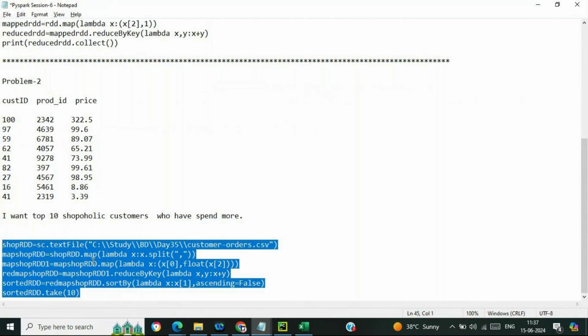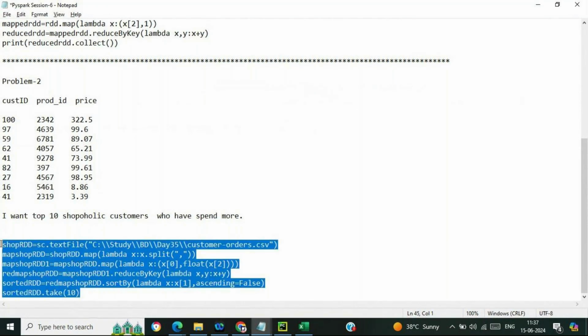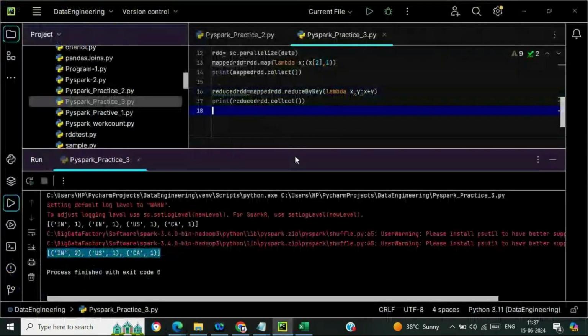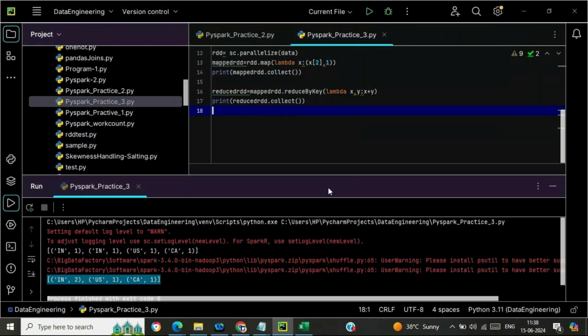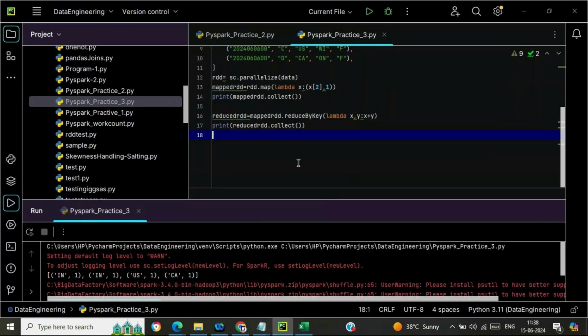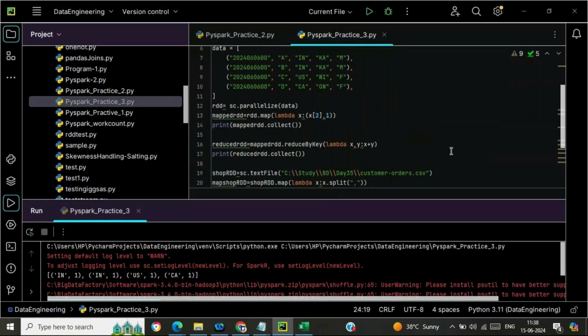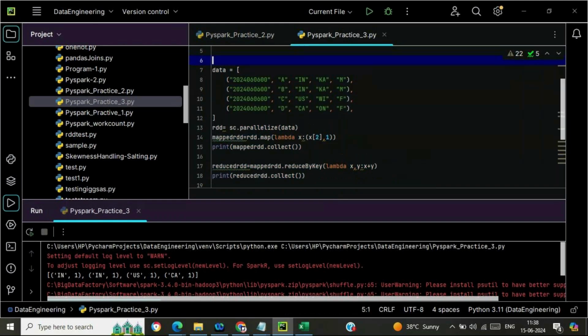Okay, what about others? Okay, so let me paste it over here and let me comment this particular stuff. Need to correct the path.